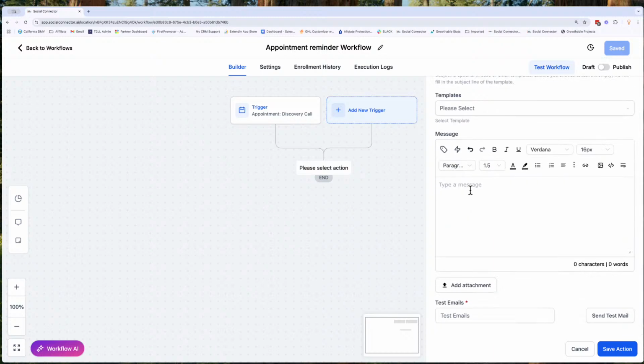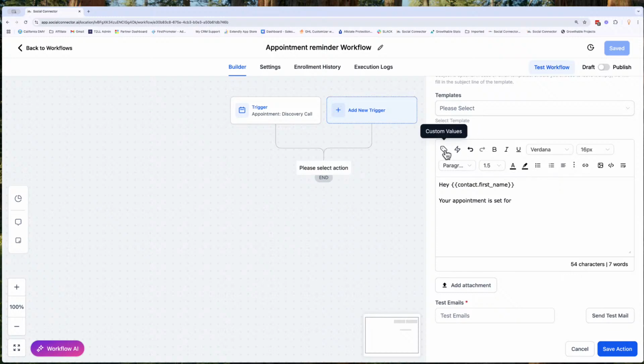And then we're going to go through, and I'm going to show you some of the great custom values you have whenever you have an appointment or a set time. You can do some really cool things with triggers that have anything to do with times being set or anything like that. So we're going to obviously say our hey contact first name. And again, you can find that custom value here. And we're going to say your appointment is set for,